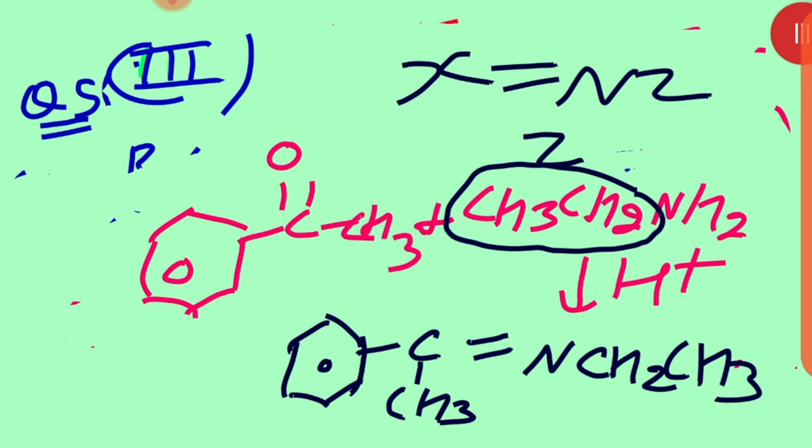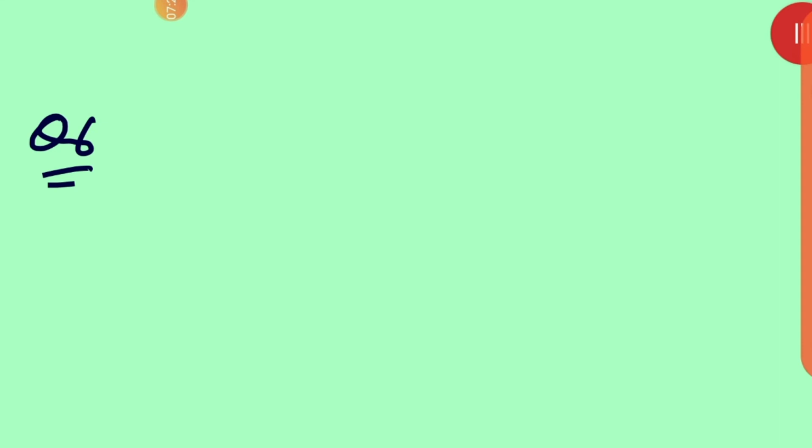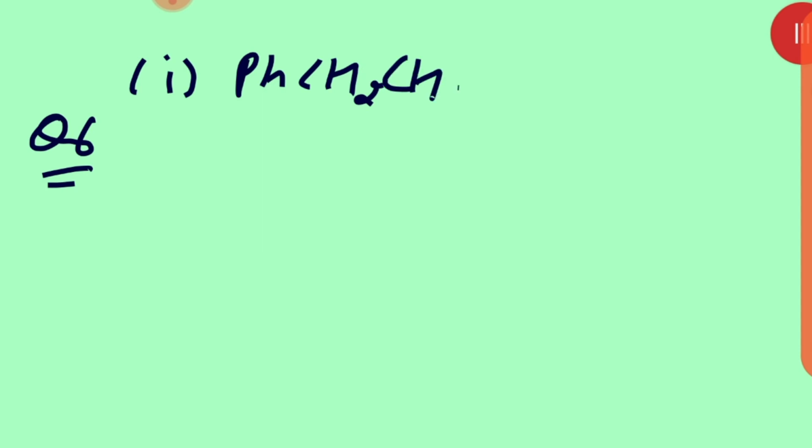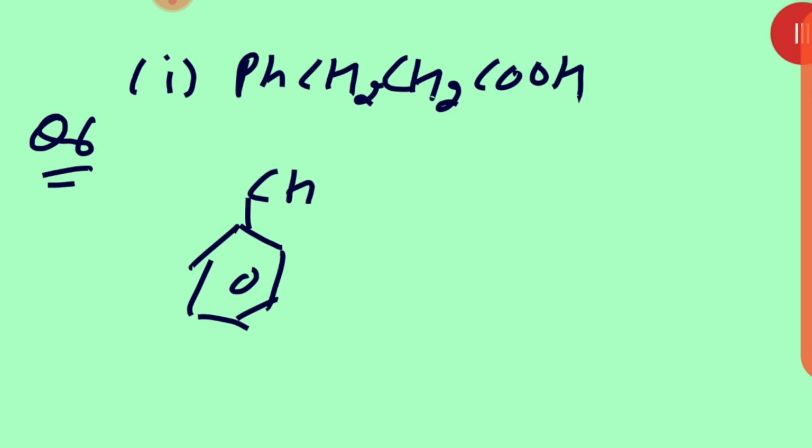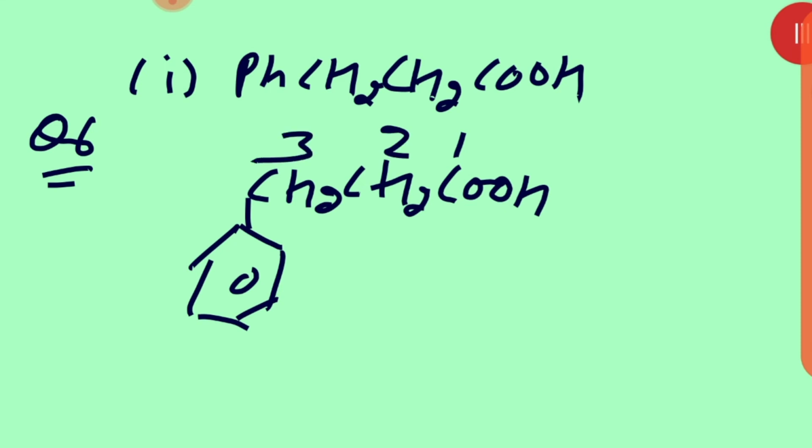Understood? Okay, now after that I am going to do question number 6. In question number 6 we have the IUPAC naming. Okay, number 1 is here. I told you Ph, CH2, CH2, COOH. बेटा Ph का मतलब क्या है? फिनाइल ग्रुप. This is like this, CH2, CH2, COOH, and numbering should start from there. 1 2 3. 3 पे क्या है? फिनाइल. तो its name will be 3 phenyl.